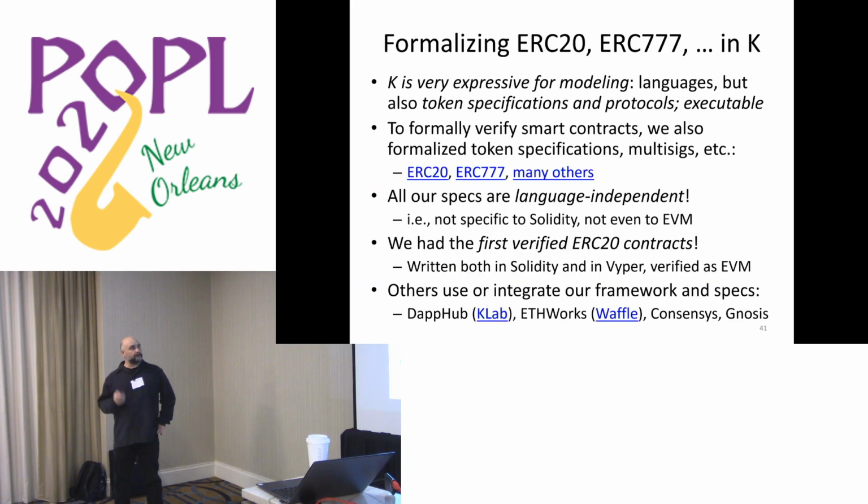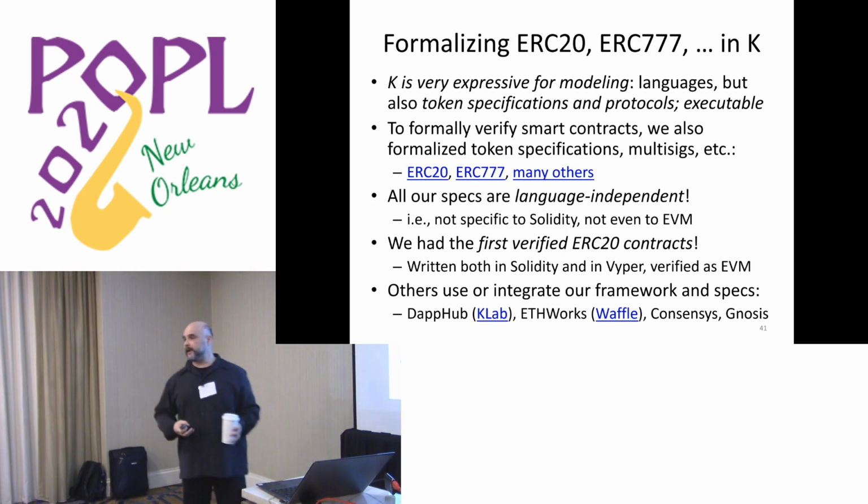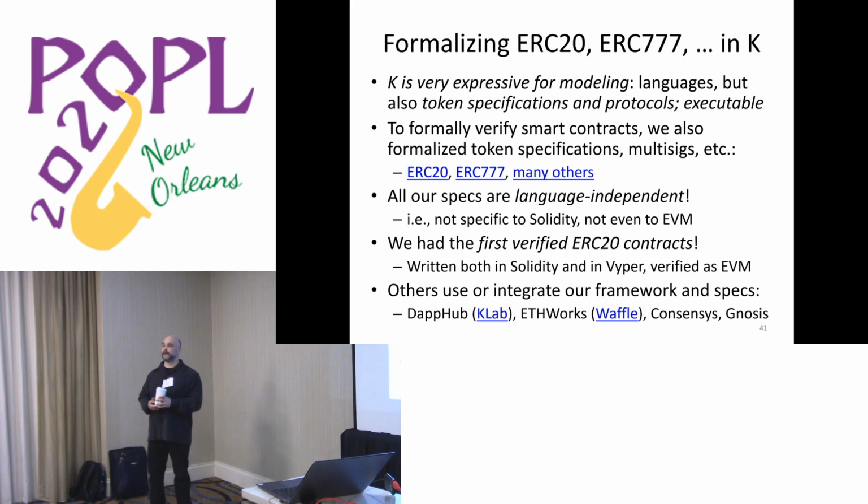All right. In order to write properties, you have to also formalize specifications. The good news in the blockchain world is that many smart contracts follow certain templates, and people don't deviate too much from these templates. And templates like you have to transfer money from point A to point B. There is a very clear thing to do there. You may have some slight variations, but the main thing is almost the same, which is great for us as a formal verification community because we can literally sit down and formalize all these standards. They are called ERC20, ERC777, and many others. So we formalized all those, and we use them now to verify smart contracts.